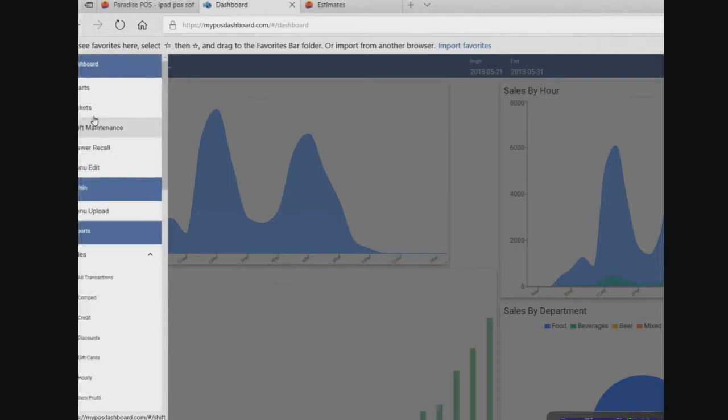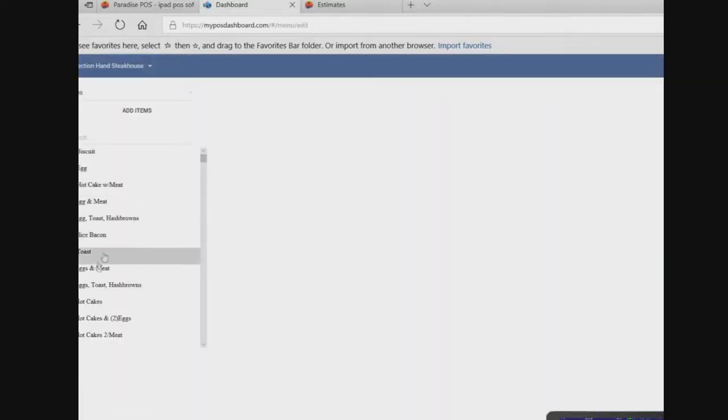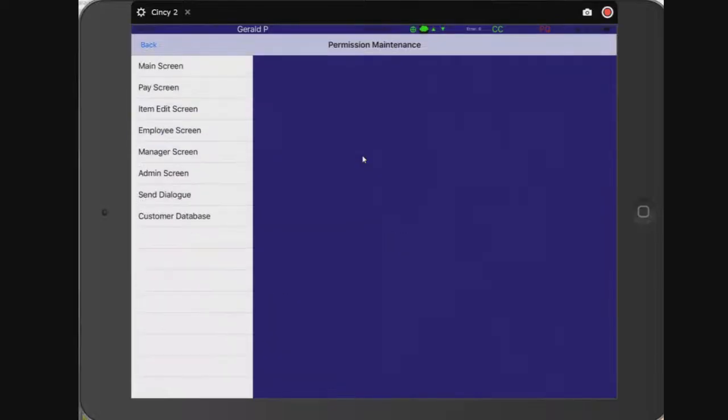So 2, 3, 4, 5 years, you have all that data on one system. You can imagine the processing or the bandwidth it would take to pull that. So I like that. That's one reason it keeps it working fast. I like that. So security, most systems have roles and permissions, but with this one you can